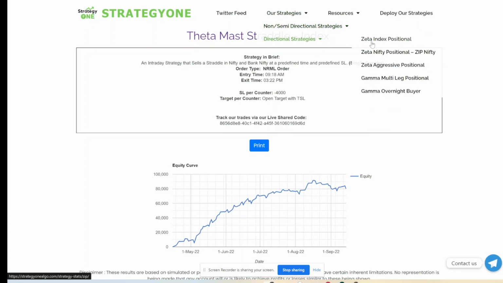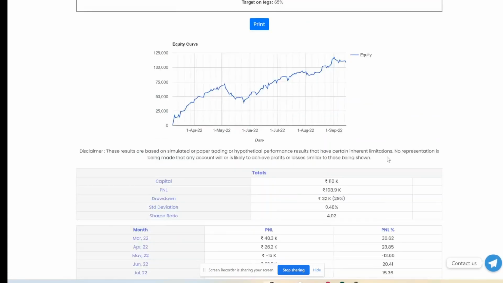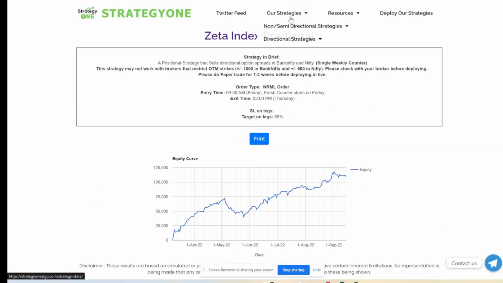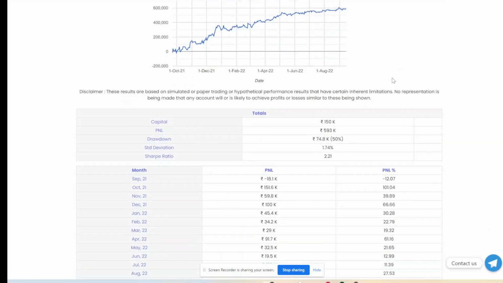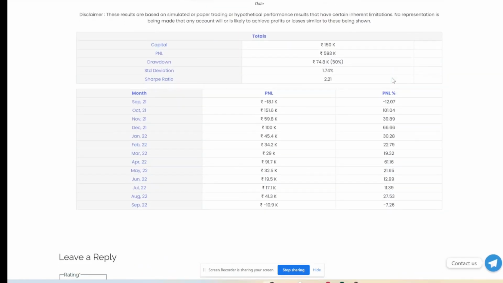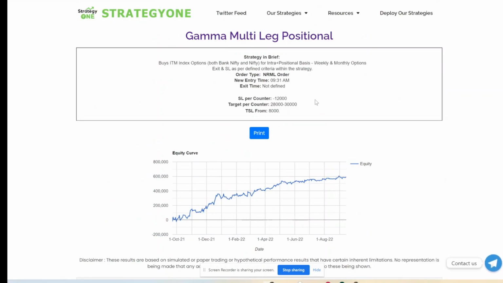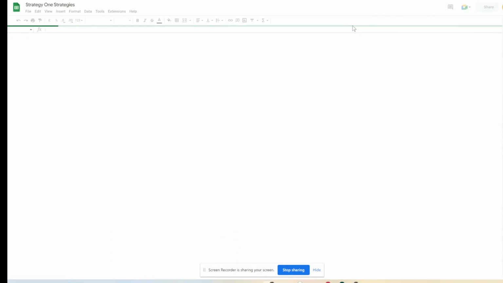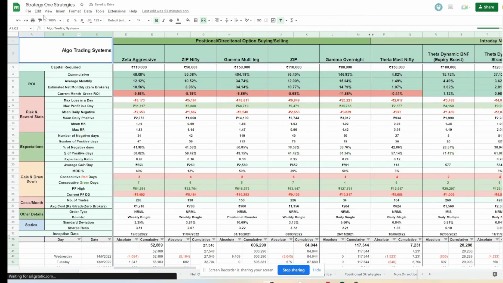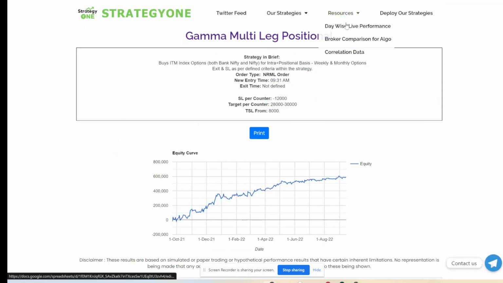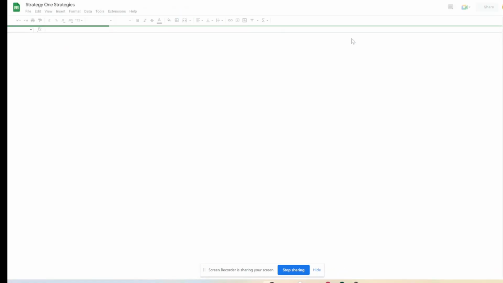then you can go to our directional strategies like zip, GMP, other resources that we have, which include device performance. This is from our own account. Broker comparison,